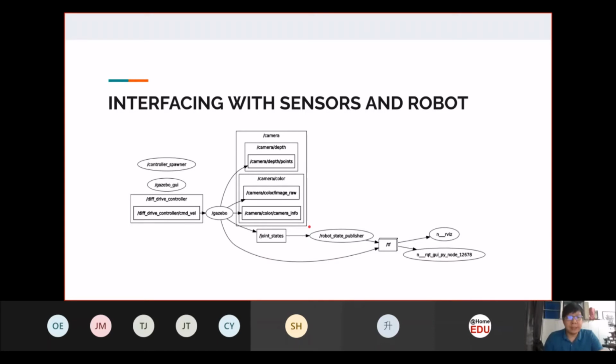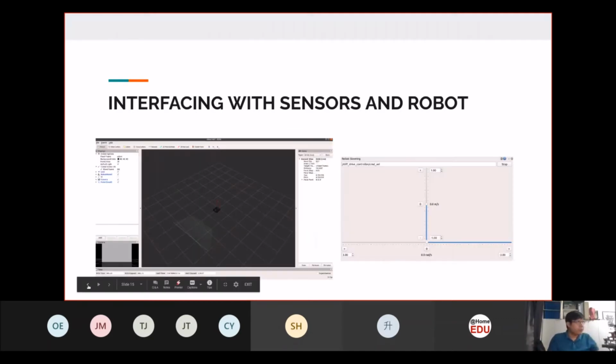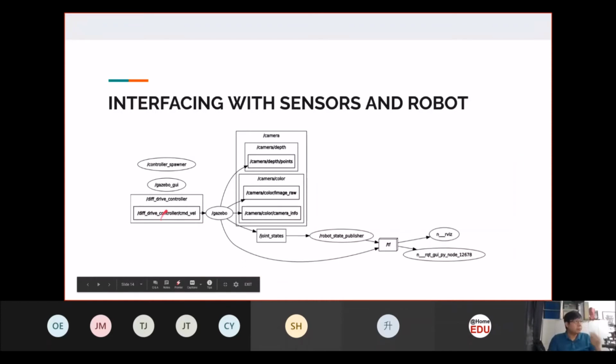For this simulation, it works both ways. It publishes all the sensor data out. You can also send control signals in. So back to this robot itself. Let me just bring up the robot screen again.